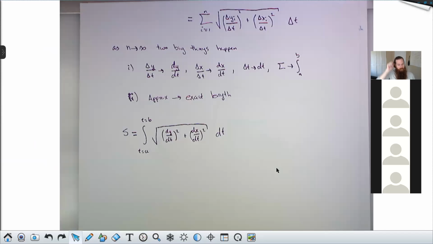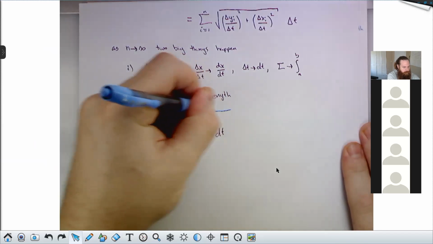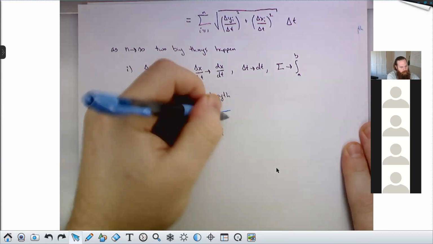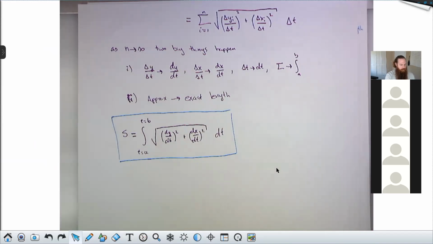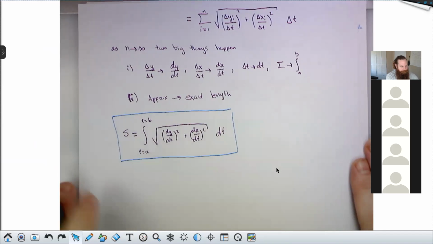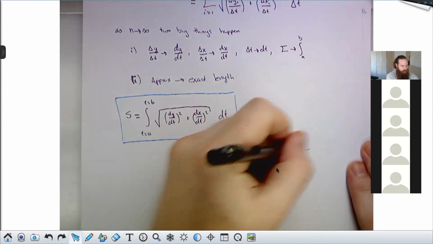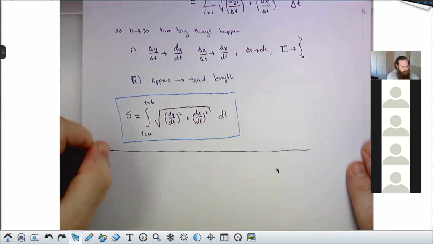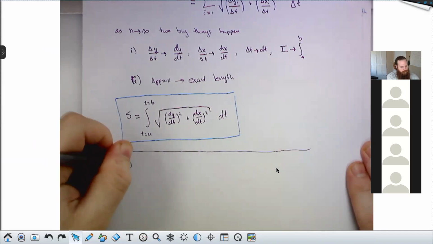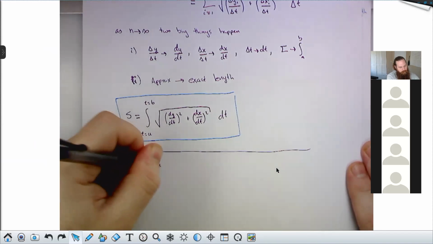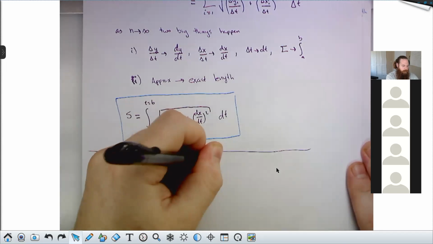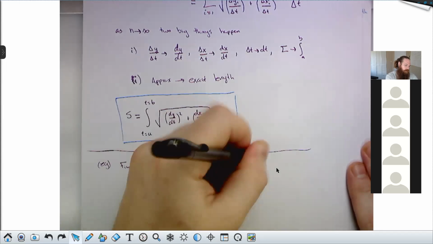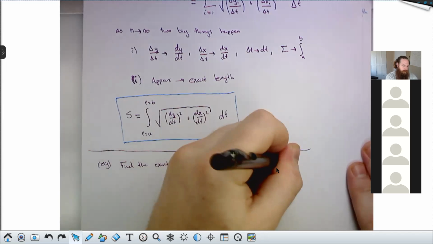But what you guys need to worry about is being able to use it. So here's the formula. This is the length of the parametric curve. So let's get some practice. Let's find the exact length of one arch of the cycloid